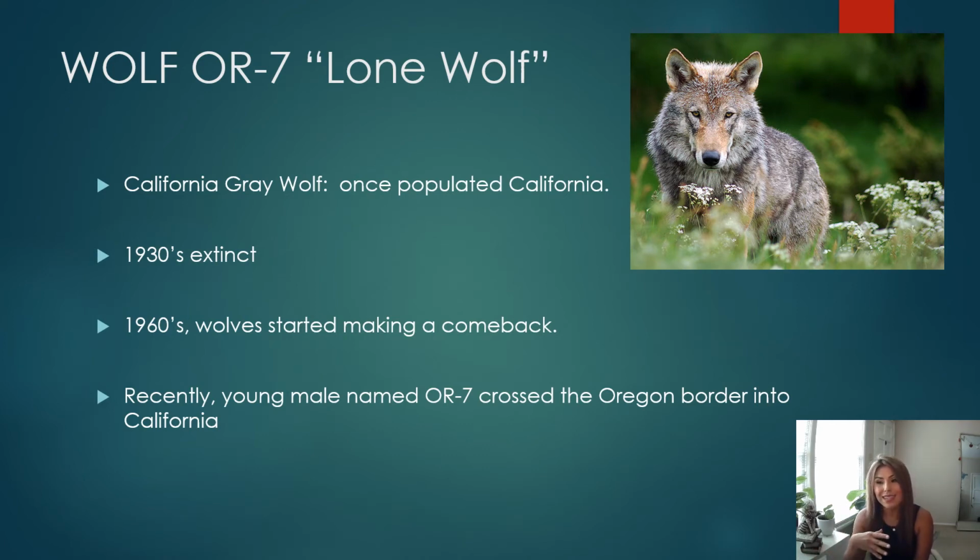So if you saw a wolf in your backyard, you were going to kill it. So they became extinct. They have repopulated California on their own. So a California gray wolf came in from Oregon, and he crossed the Oregon border into California, and then he went back home, brought his girlfriend. They came back, and by themselves repopulated California with gray wolves that were once extinct, eradicated from California. So this is a huge scientific comeback story,